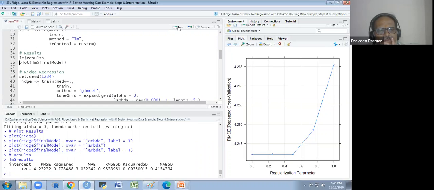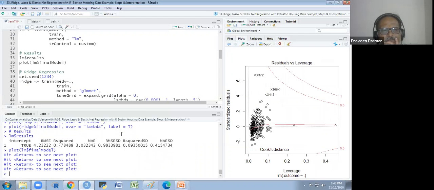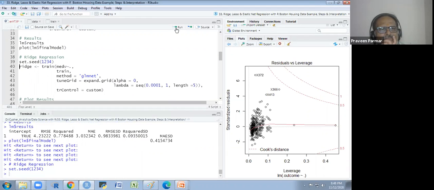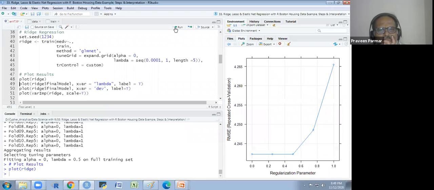LM result, we are getting this, and this plot we have created for the ridge, after running the ridge.